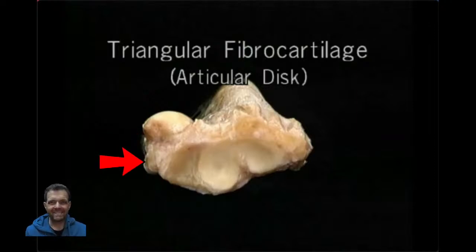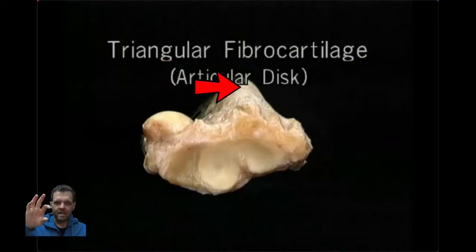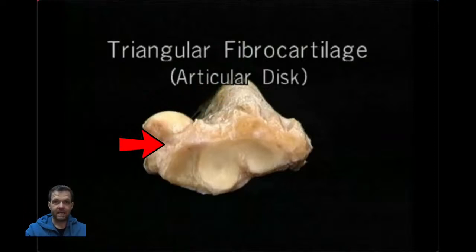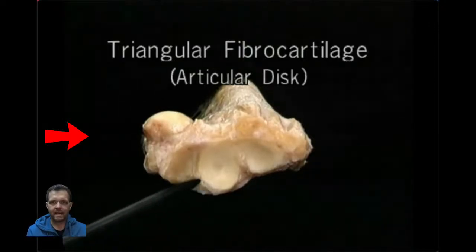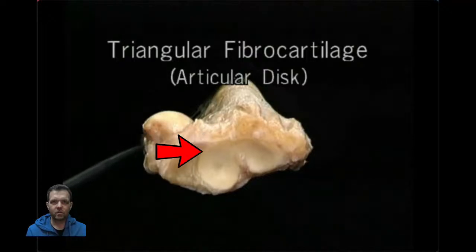So we've got something called the TFCC on this ulnar side, and sometimes you can have a rupture there, so you can injure this tissue. It's triangular fibrocartilage. It's a disc that is in between the joint spaces to help with the movements of the wrist, and sometimes this can get injured. You can have a TFCC injury. There is a specific test that you can do to test the integrity of that area, see whether it's still intact. So here's the join,